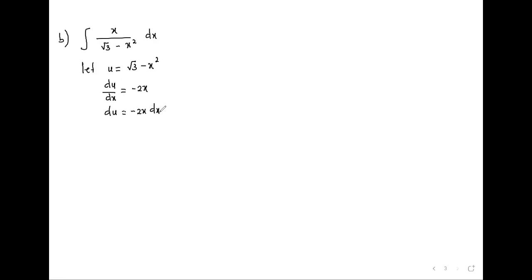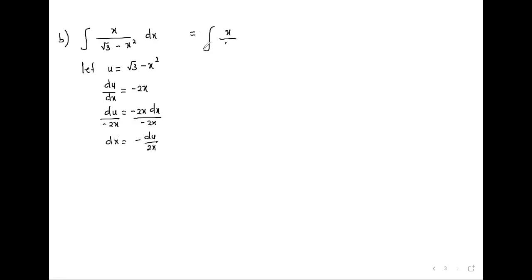That is, you divide by negative 2x, so that we get dx to be negative du over 2x, giving us the integral of